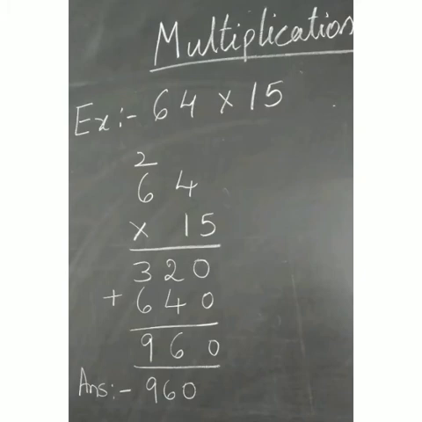64 multiplied with 15. So write 64, below it write 15 and put the multiplication sign. Now as I told you, you have to start with the ones place. So 5 is in the ones place. So start multiplying. 5 4s are 20, but 20 you cannot write directly. So put 2 as carrying.